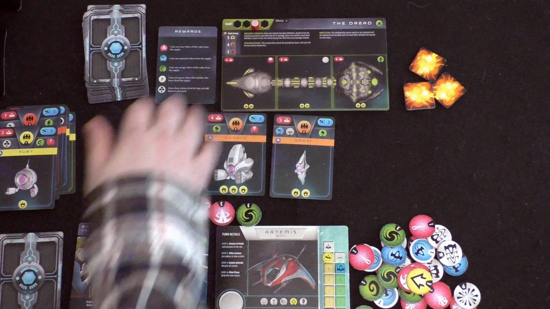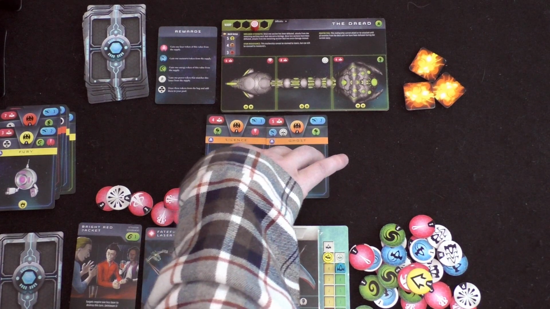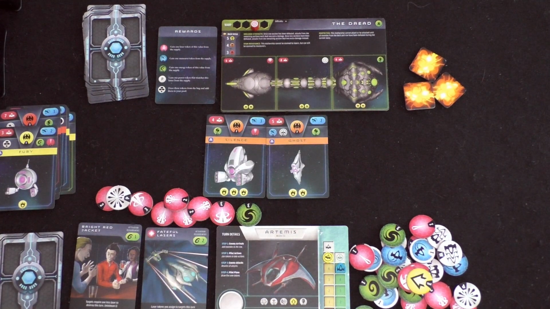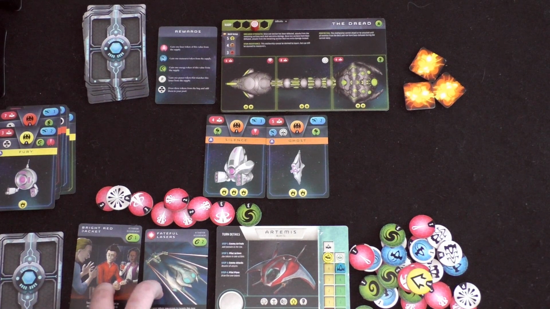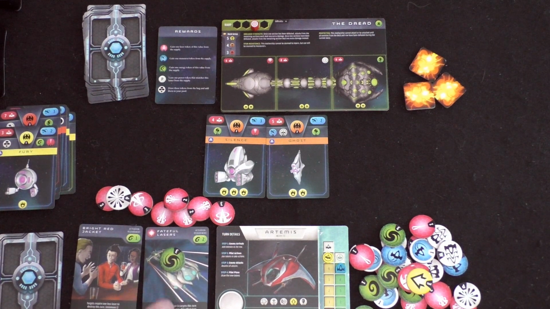I need to save some for this, for sure. I am going to get some damage, though. If I wipe these out, then the mothership will attack me. So I need to make sure I'm assigning enough to the mothership. I think what I need to do is start pulling out the big guns here. I'm going to use this here to double...